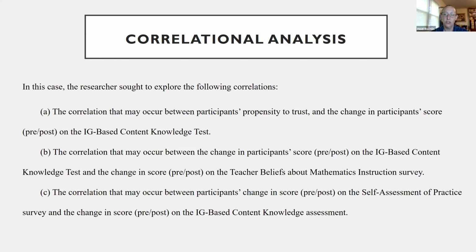The use of correlational analysis provided me with the ability to examine the influence that one variable had on another variable. The correlations investigated, all listed here, were investigated to draw conclusions and explore relationships that may have existed within the study. I was interested to see if any relationship existed between a participant's propensity to trust and their change in score on the content knowledge assessment,